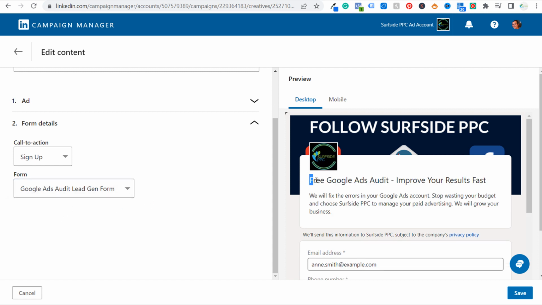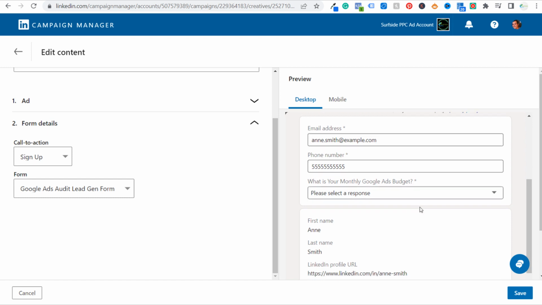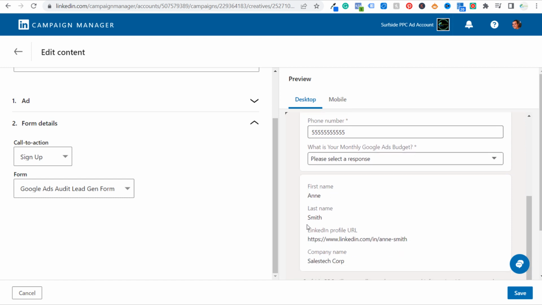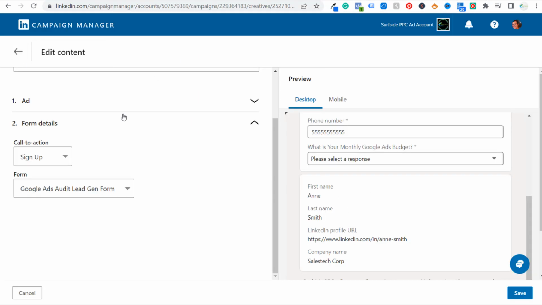So you'll see here, free Google Ads Audit, improve your results fast. We'll fix the errors in your Google Ads account. Stop wasting your budget. I ask for email, phone number, what is your monthly Google Ads budget, first name, last name, LinkedIn profile URL, and company name. I click on save. We launch this ad, we launch this campaign, and then I have one campaign running that's actually driving traffic directly to this landing page, and then one campaign running where the goal is to drive leads